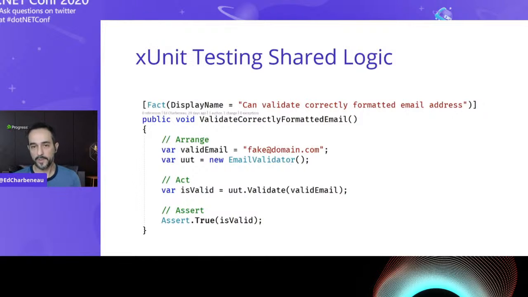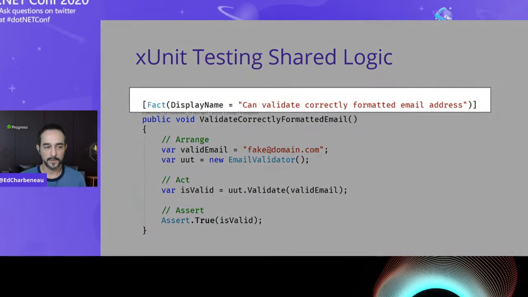If you're not familiar with XUnit tests, this is a little overview of how they work. First of all, we identify the method that we're going to use to test our code with a Fact attribute. So we'll say this is our unit test, and in this example, we're going to say, can it validate a